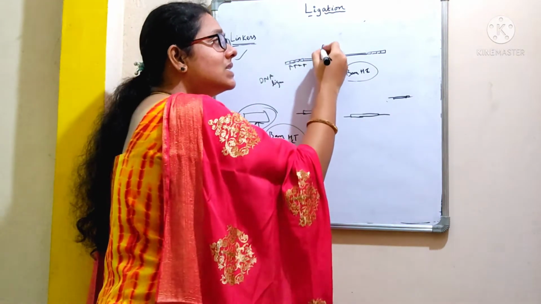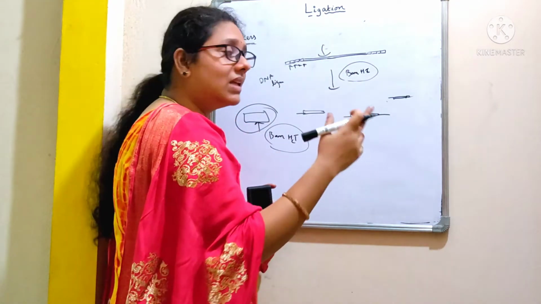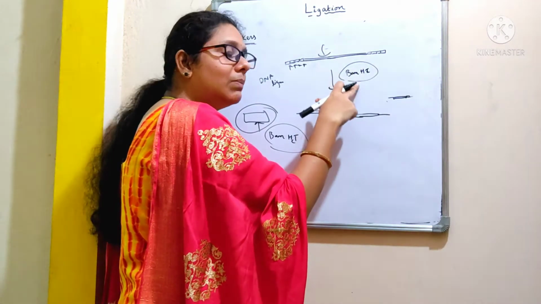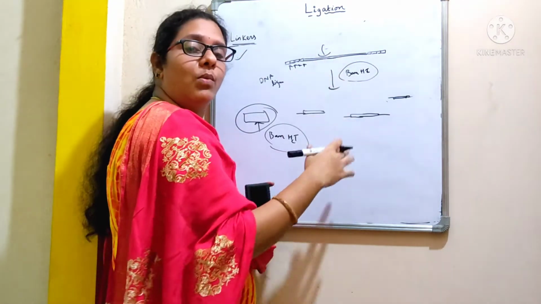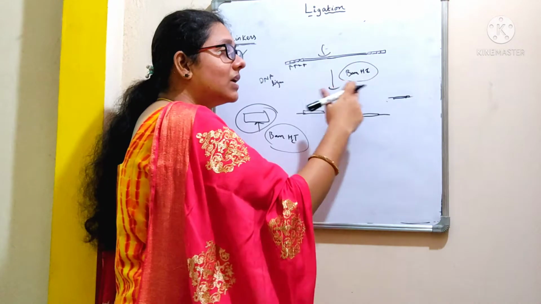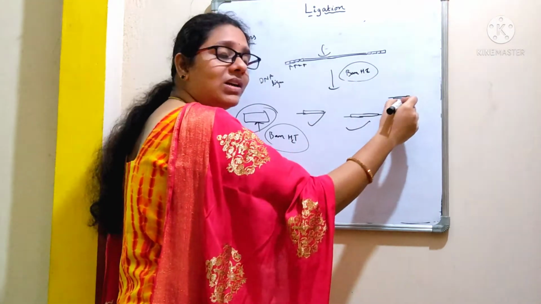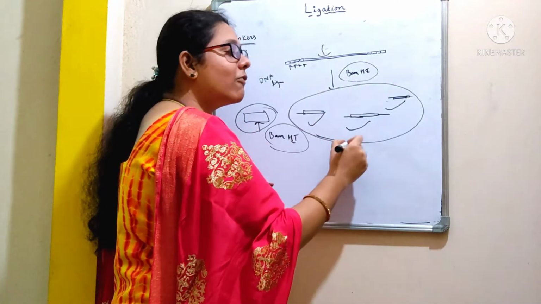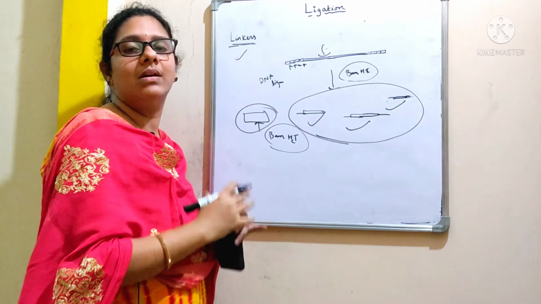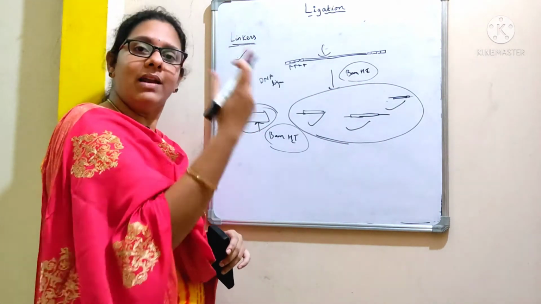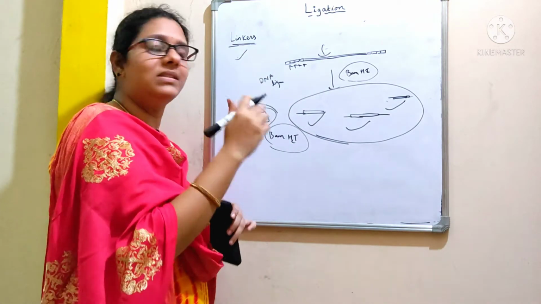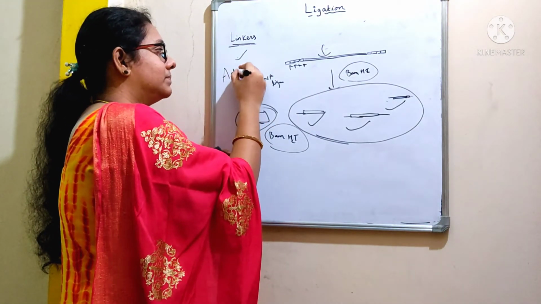But if this DNA molecule also carries the same recognition sequence for BamHI, or if there is more than one recognition sequence for the restriction enzyme BamHI, that results in cleavage leading to the formation of multiple DNA fragments, which is of no use. Then we go with the other option, that is the use of adapters.